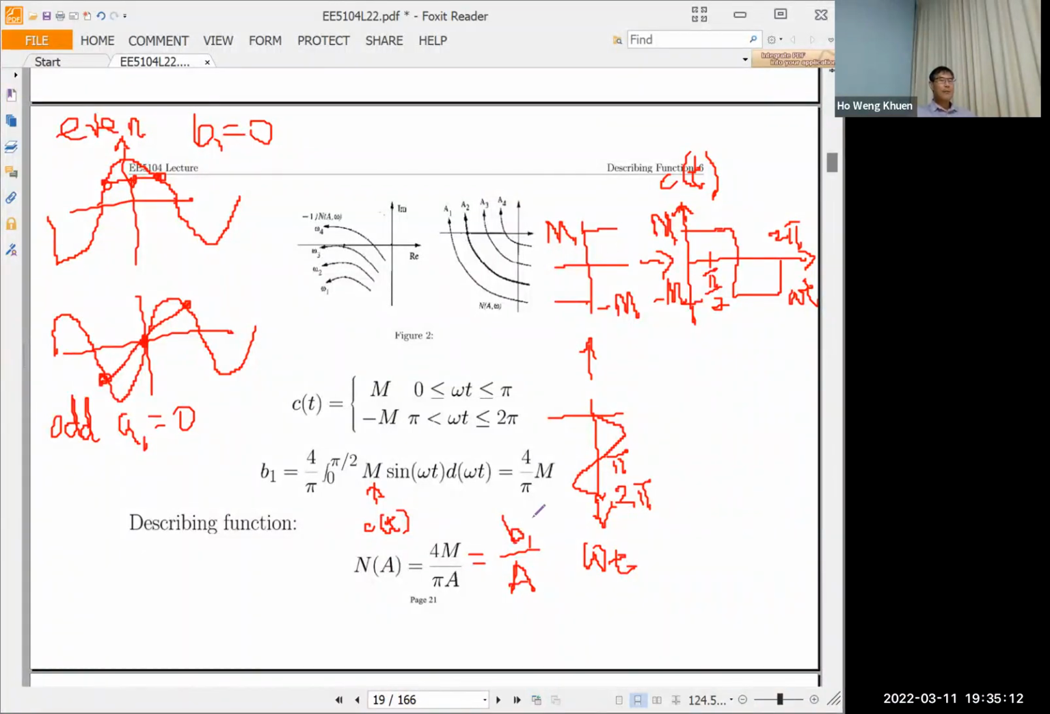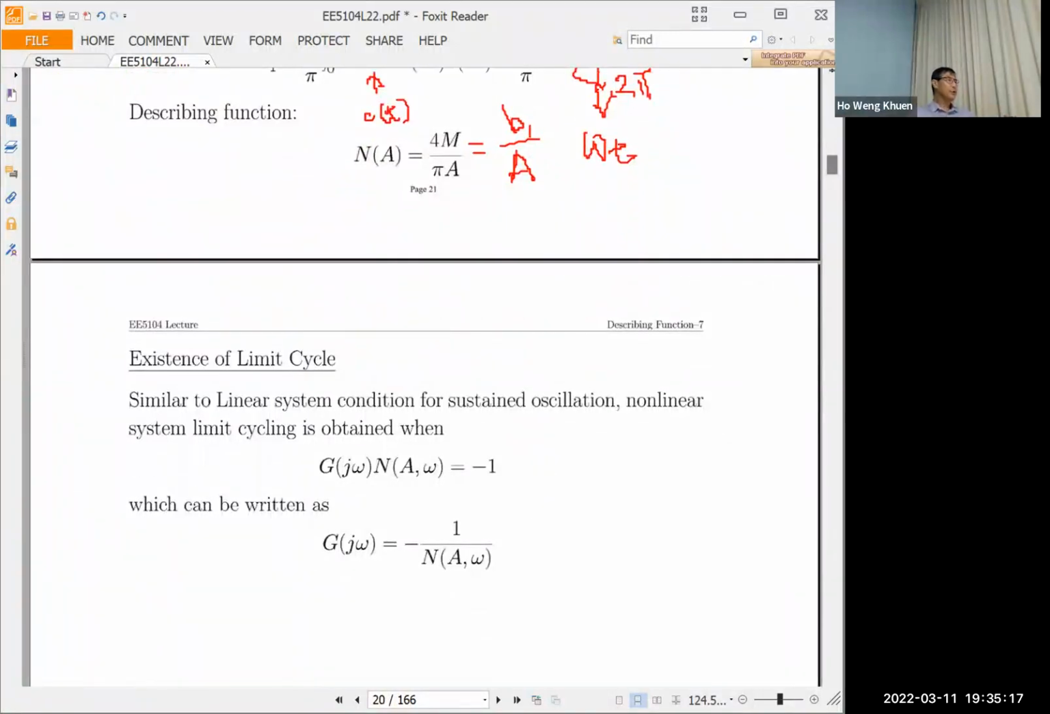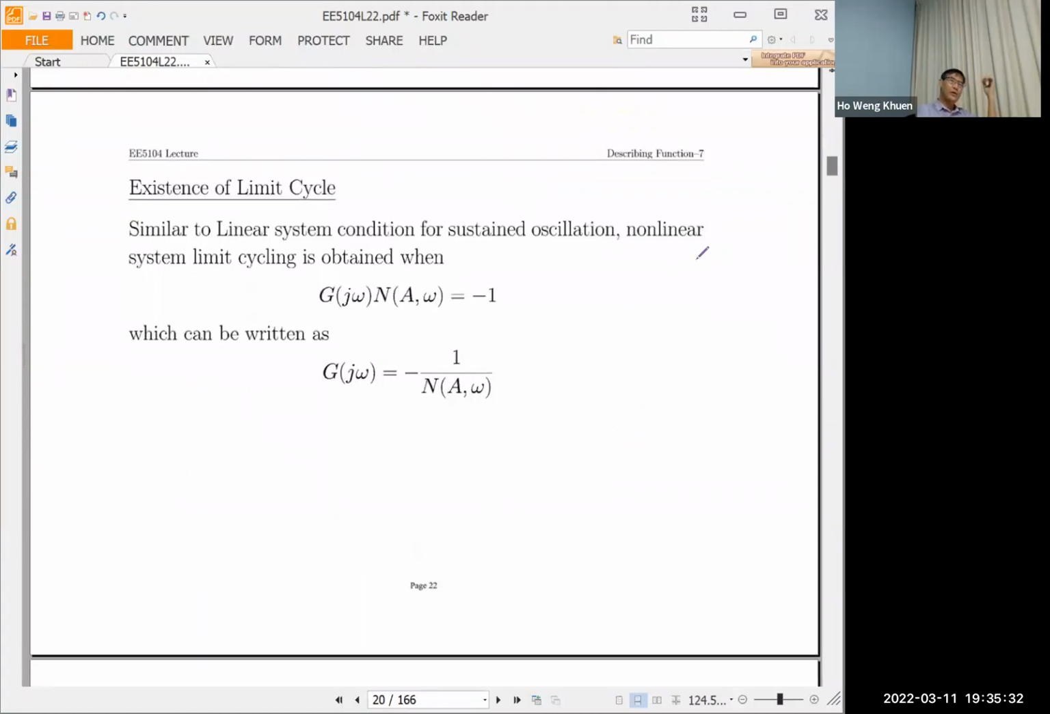Now, describing function is a useful tool for us to find what we call sustained oscillation. In a linear system, we are used to sustained oscillation when you have two poles exactly on the j omega axis. We call it marginally stable, and you will find that the output is sine